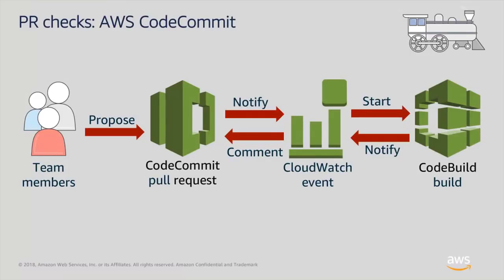So let's look at this in the context of CodeCommit. The idea here is a team member is going to propose a pull request to CodeCommit. That will then trigger a CloudWatch event, which is going to notify CodeBuild to then go through and trigger a build. CodeBuild will then report back through a CloudWatch event to CodeCommit to notify whether that was successful or not. And so we can get near real-time feedback, or as close to real-time as possible,